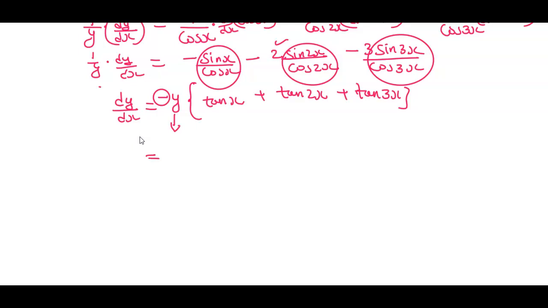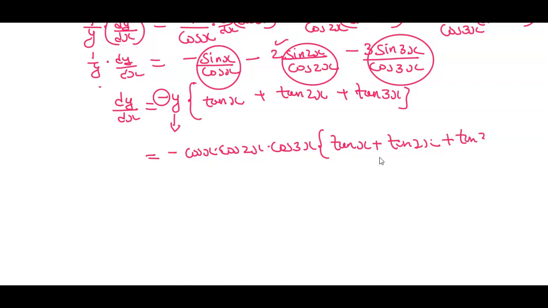We have to replace this y, and you see the original question was basically cos x cos 2x cos 3x. Inside we have tan x plus tan 2x plus tan 3x. This is how we get dy by dx,